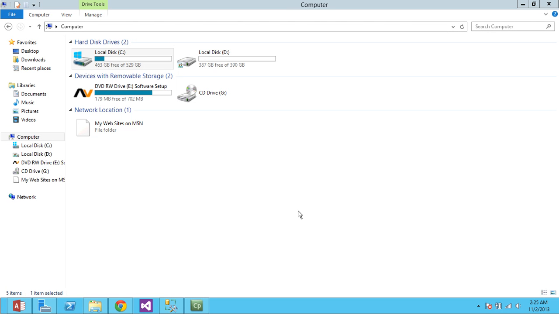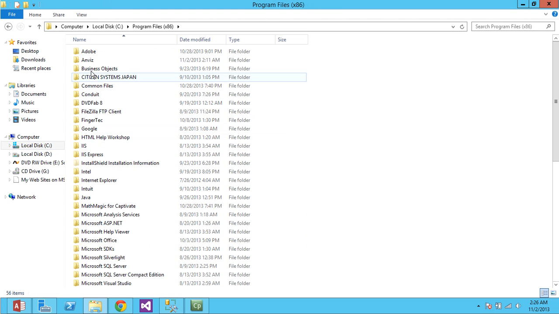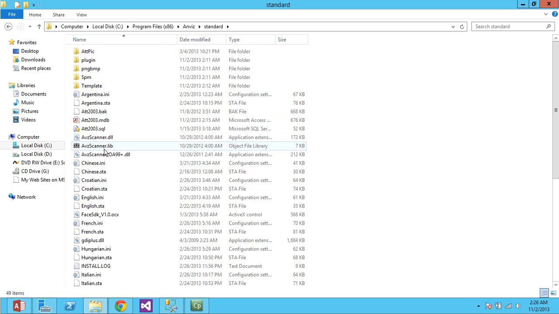In this session, I'm going to show you how to create an SQL Server instance and an SQL Server database for the Anviz software and devices. Once installed, the Anviz software, wherever you install it, in this case in Program Files in Anviz Standard, is automatically connected to this database here,